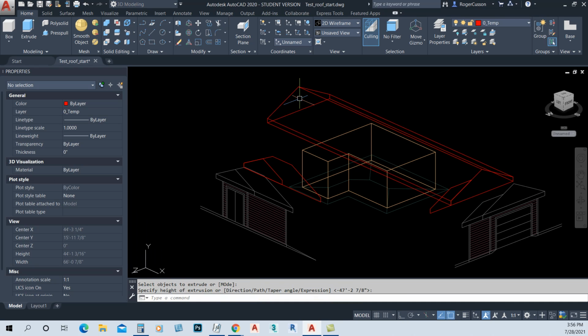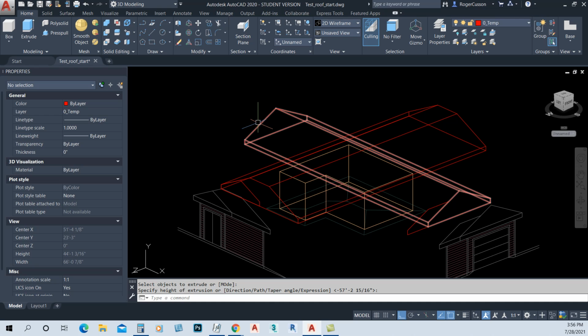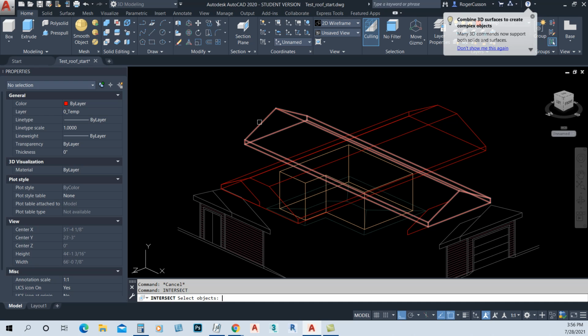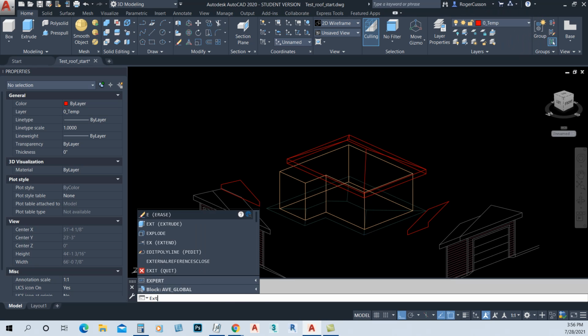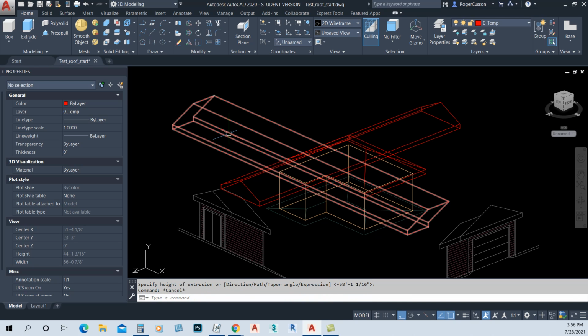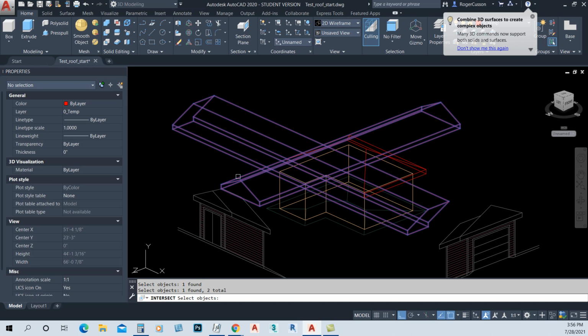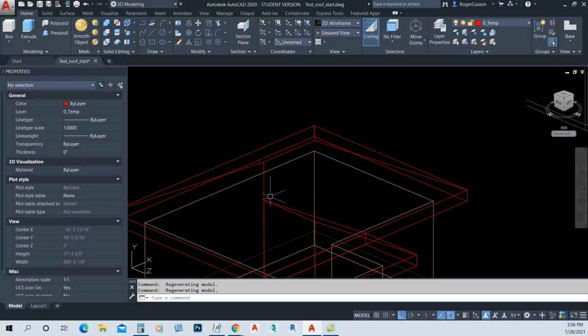and I'll do these one at a time just so we can see how they form. Okay, so you extrude them both and then you intersect them. So we intersect this with this, and we have one volume created, and we do the other one here. Intersect that with this, and there we go. You get two resulting volumes,